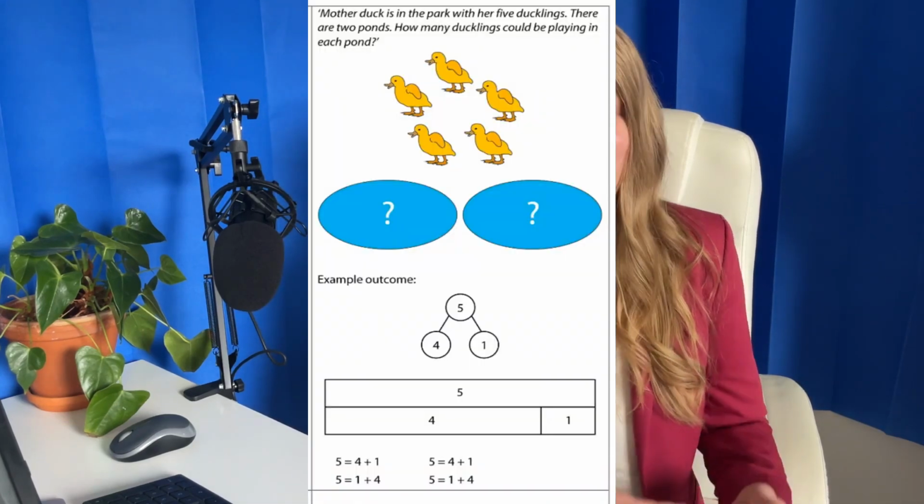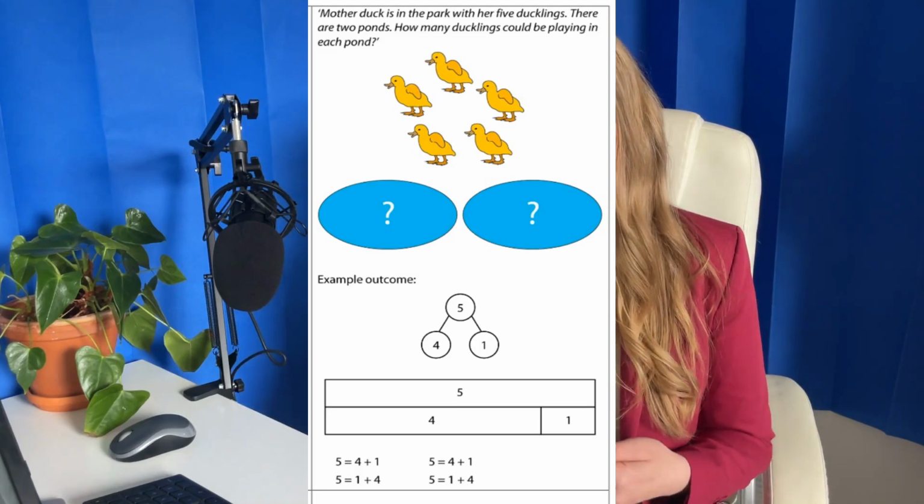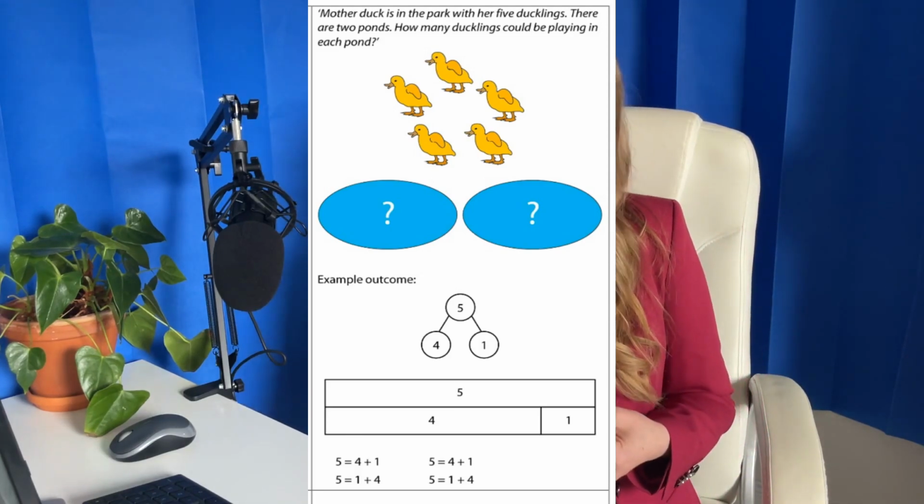The representation should look like this. 5 is equal to 1 plus 4. A very important element here is that at this stage, we are not talking about addition and subtraction quite yet. We are using the plus symbol, but just as a way of numerically representing the 2 parts from the part-part-whole concept, the 2 parts coming together in order to create the whole, which in this case